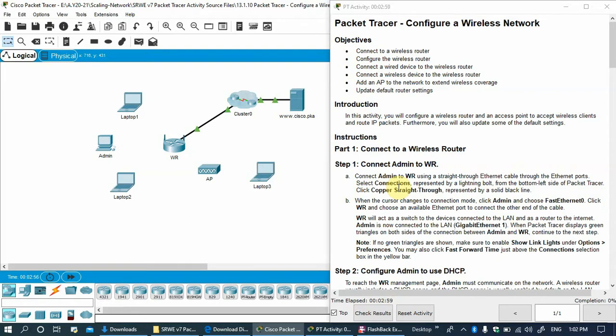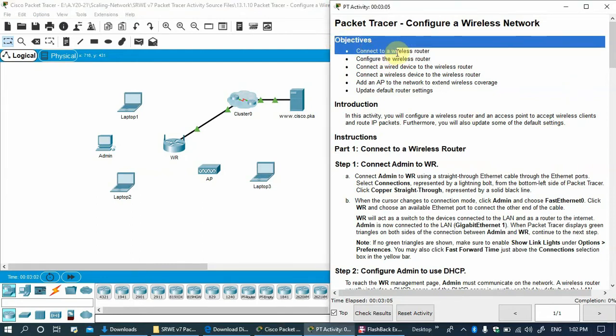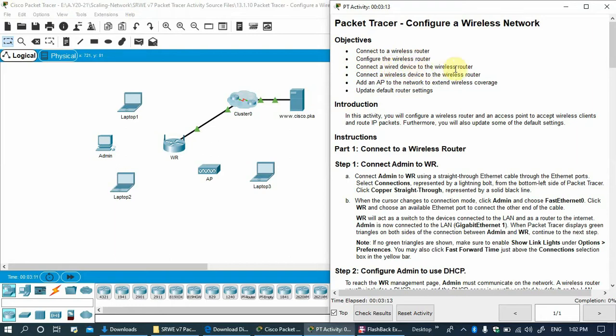to do some settings. So what is the objective of this activity? First, we connect to the wireless router. Second, configure the wireless router, connect a wired device to the wireless router, and connect a wireless device to the wireless router. At the end, add the AP, the access point, to the network to extend the wireless range.